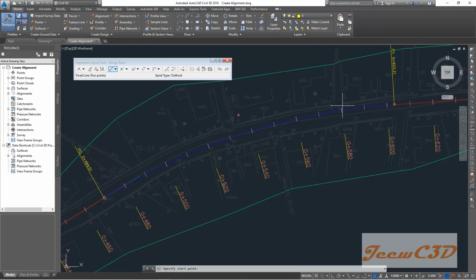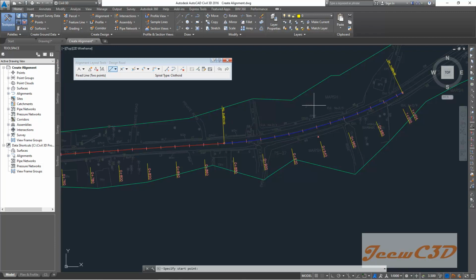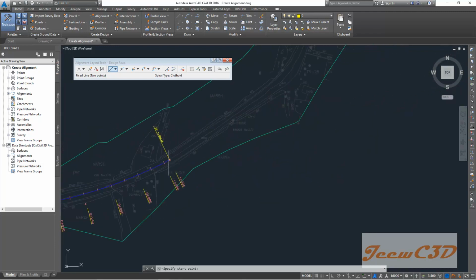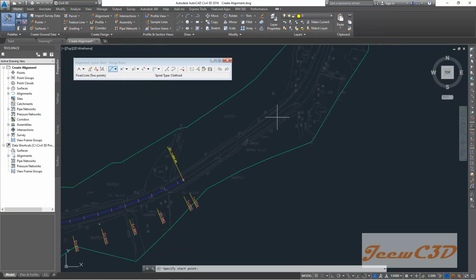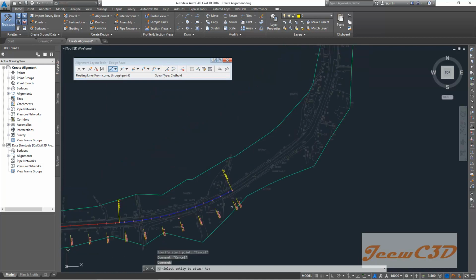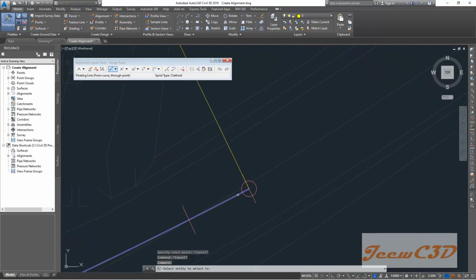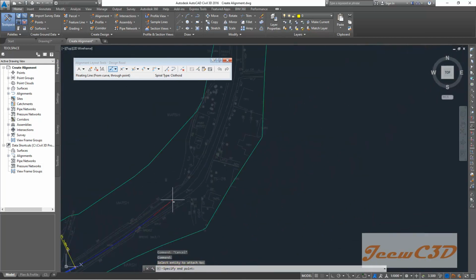That means you have constraint at both sides. For floating curves or floating lines, you have constraint at one side. So here you have to go to a floating line because you have a constraint at the starting side, and at the end you don't have any constraint. So I go here, floating curve from through point. Then it's asking select the entity to attach to. So I select this one. Then it is asking what is your endpoint. So I will be selecting